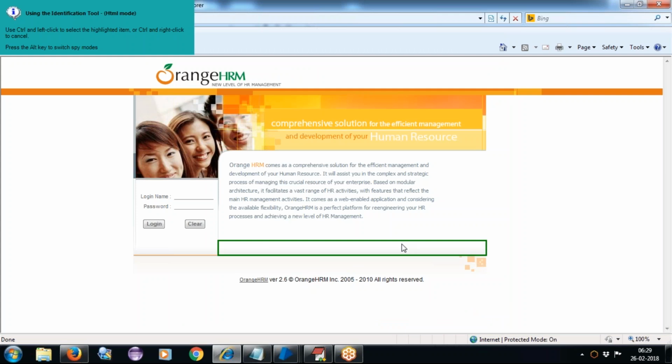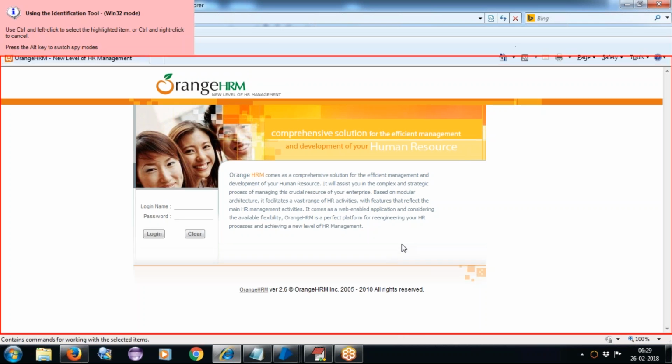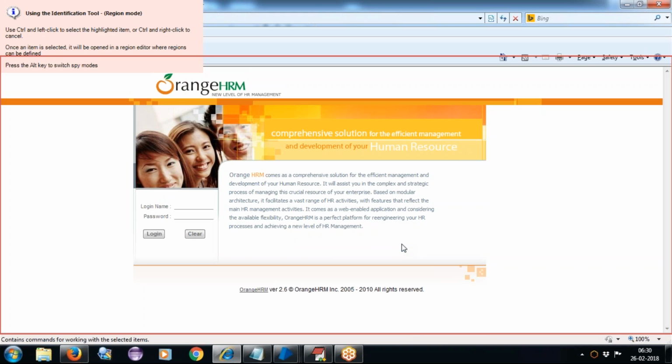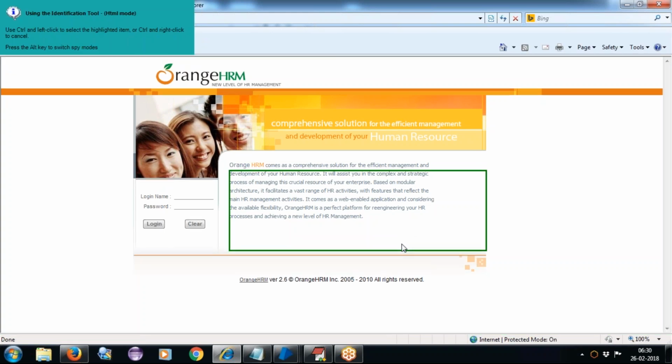We are working with a web-based application, right? Because of that, by default, it will take HTML mode. If you want to make any changes, it will take another mode, which is the Win32 mode. From the keyboard, if I press the alt key, it will change the spy mode, to accessibility mode, and then region mode,